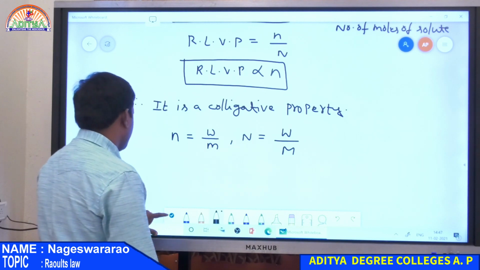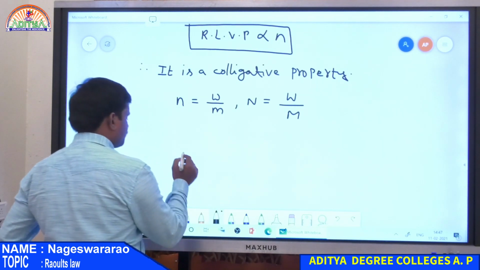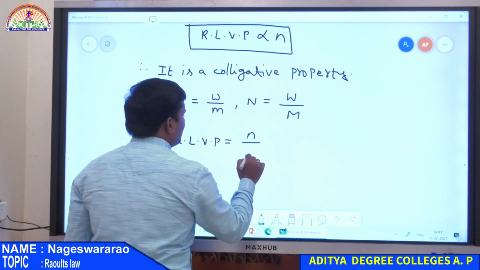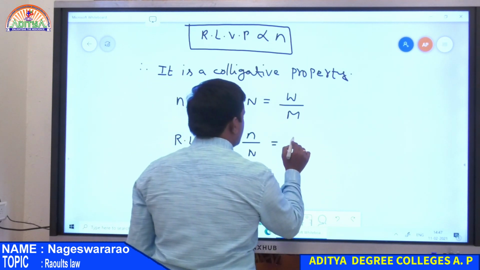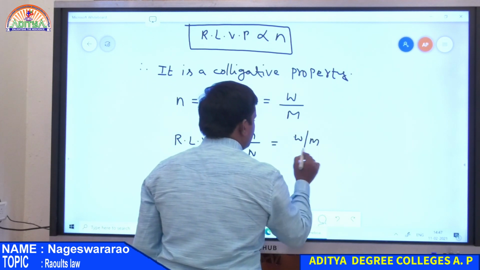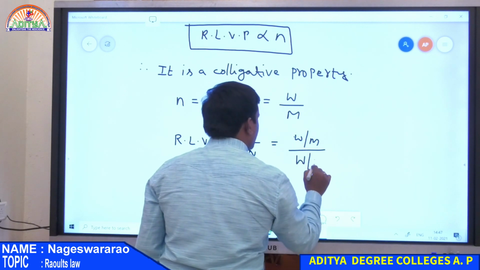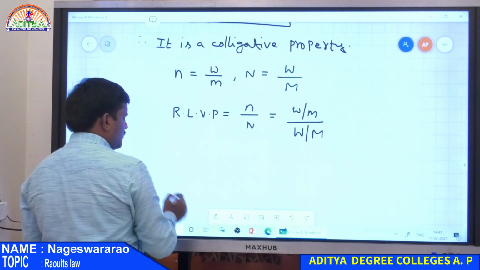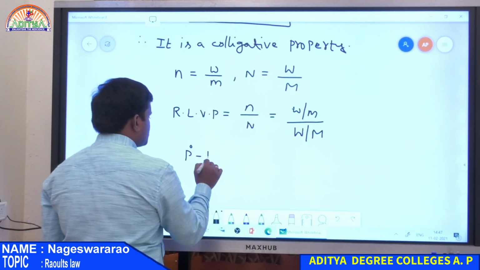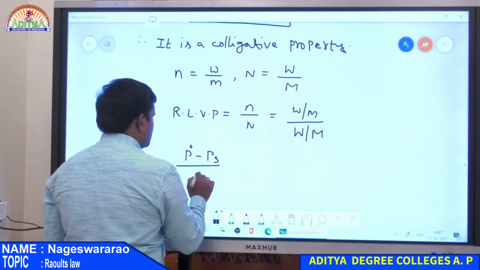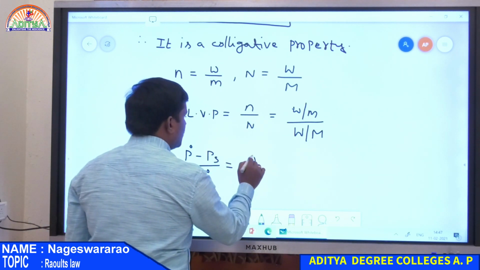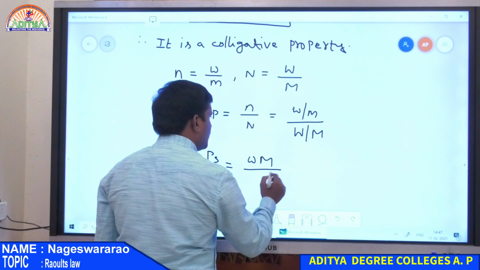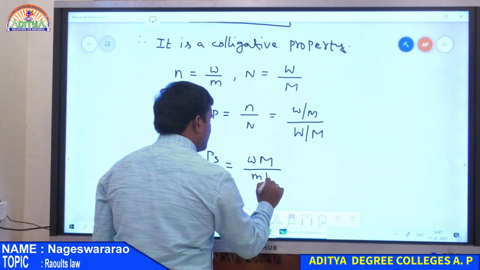Therefore, from this, RLVP, relative lowering of vapor pressure, is equal to n divided by capital N, that is equal to small w by small m, whole divided by capital W by capital M. Therefore, simply this is written in terms of RLVP, or P naught minus Ps divided by P naught. This is equal to small w into capital M divided by small m into capital W,